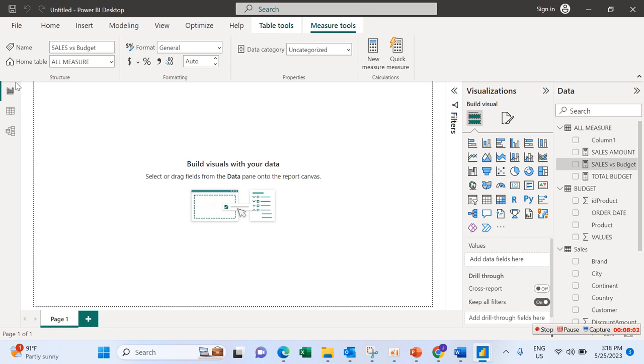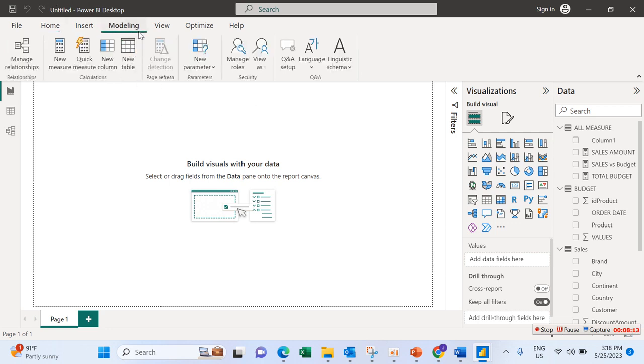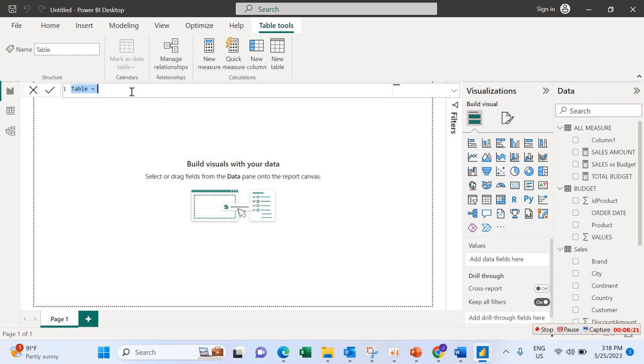And before I forget, I want to create a calendar table. How do I create a calendar table in Power BI? What you need to do is go to data modeling, then click on new table. Once you click on new table, it will take us to this place. And then what is the name of the table you want to create? That's a date table. I want to create a date table